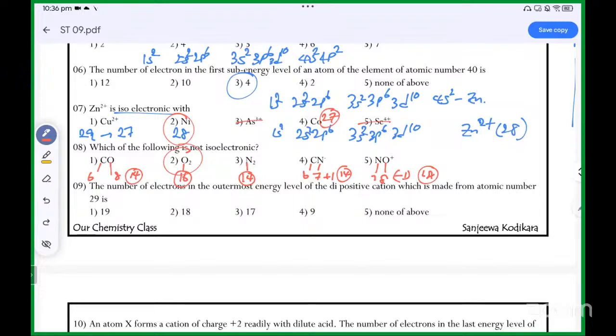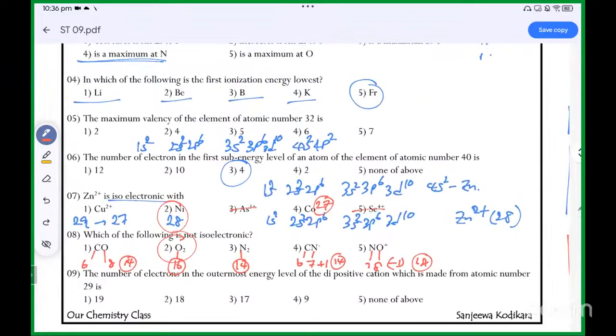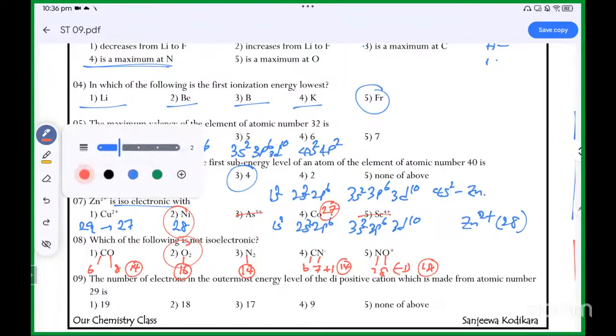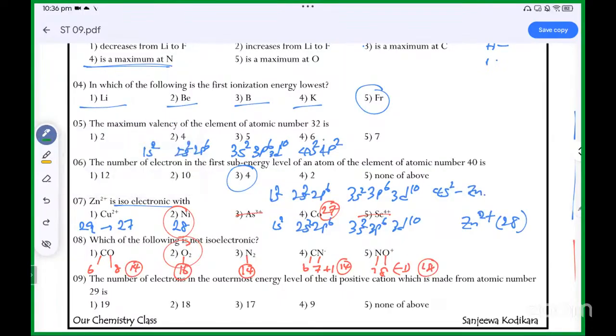What is the answer for the fifth question? Wait, where is the fifth question? Maximum valency of the element of atomic number 32. The valence configuration is 4s2 4p2, right? So the maximum number of electrons is 4 here. So if this is having 4,